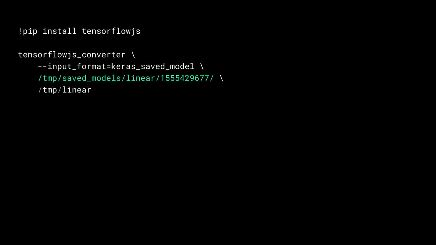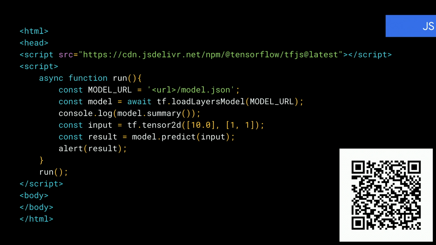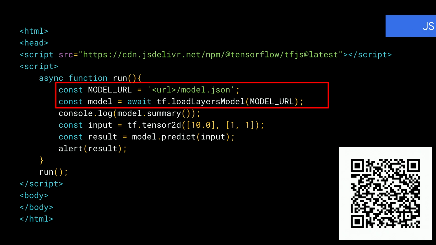With the TensorFlow JS converter, if you've saved it as a saved model, as we showed earlier on, you just say, hey, my input format's a saved model. Here's the directory the saved model is in. Here's the directory I want you to write it to. So now once it's done that, it's actually going to take that saved model and convert that into a JSON object. So now in a super, super simple web page, and this QR code again has that web page,